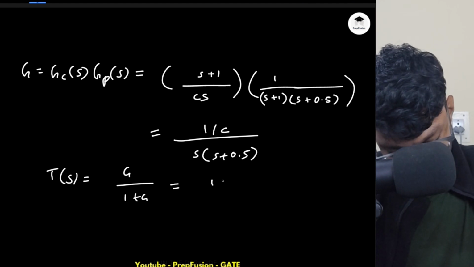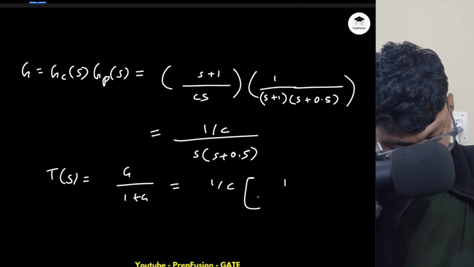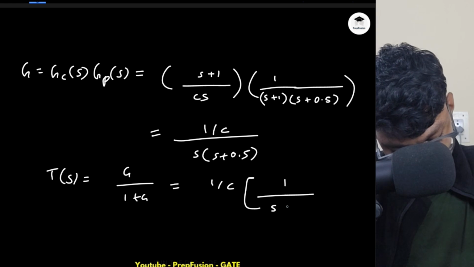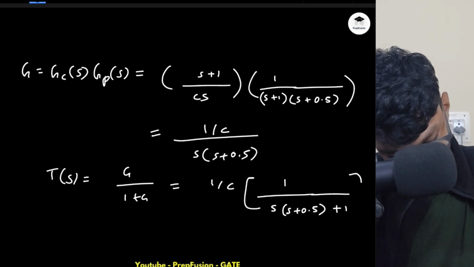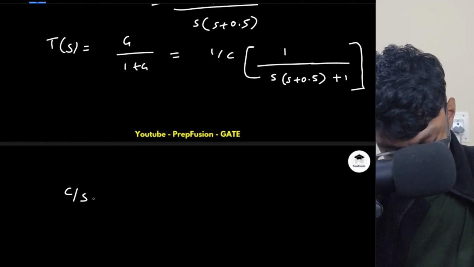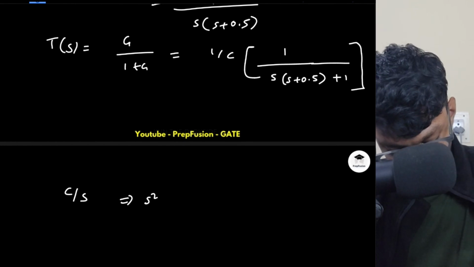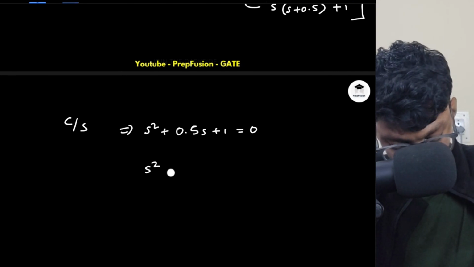This is equal to 1 by C into 1 divided by S into S plus 0.5 plus 1. So from here I will be able to write my characteristic equation. What is the characteristic equation? The characteristic equation is S square plus 0.5S plus 1 equals 0, and I can compare it with my standard second order